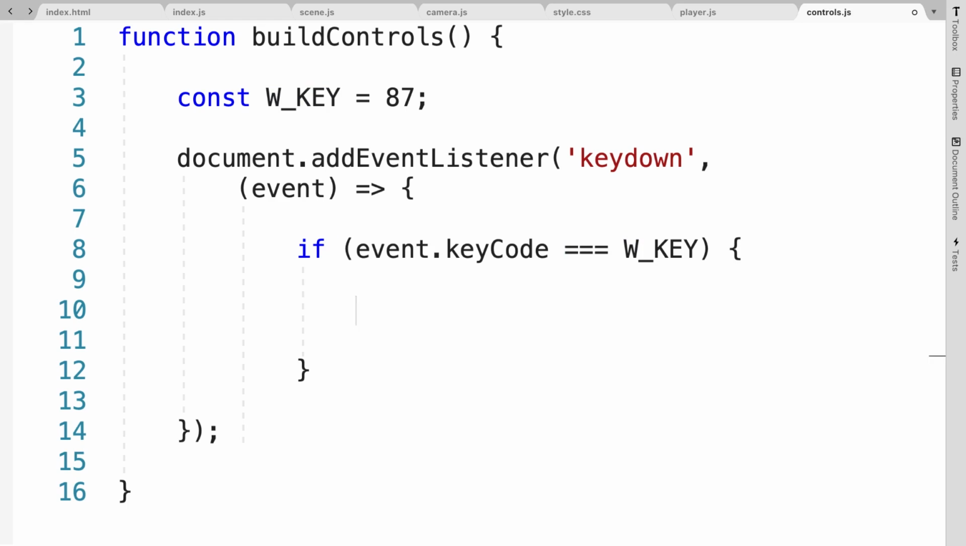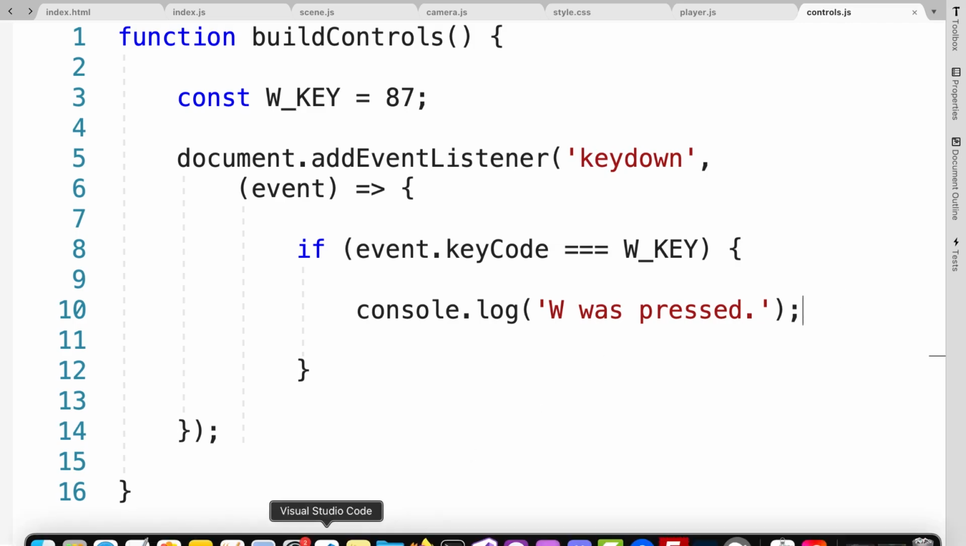All right, if the event.keycode is equal to W_key, we can do something, such as call console.log that W was pressed. It's good to use logs to test out your code. So let's test out, is this code working? Because right now, if I press the W key, I should see logged out, W was pressed. So I'm going to go into my